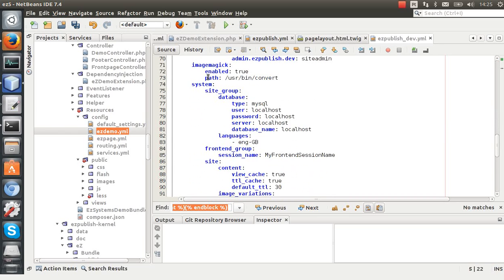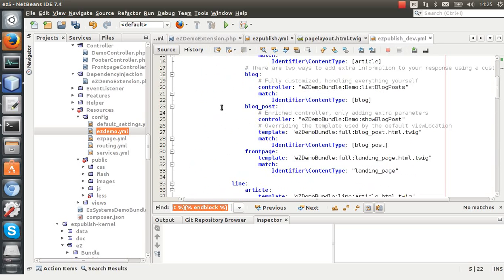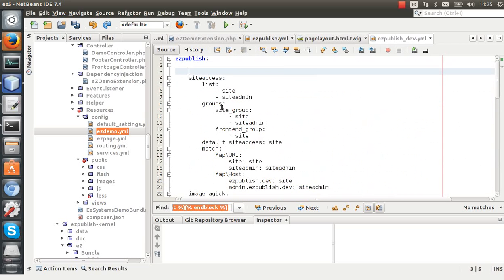So we are prepending our settings to this file here. It's almost like doing like this, but